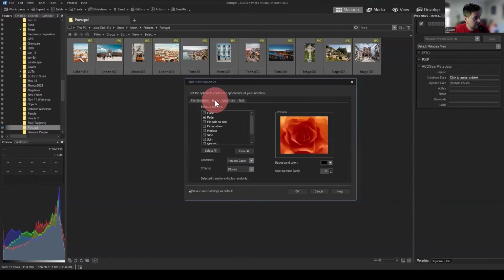Let's go to basic here. Basic options just indicate the duration of the slide and what slide effect there may be. As you can see here, there's a variety of transitions. You could not use any transition at all, or you can apply one of these transition types. Anyone who's used a Windows slideshow will be familiar with these. These are the standard